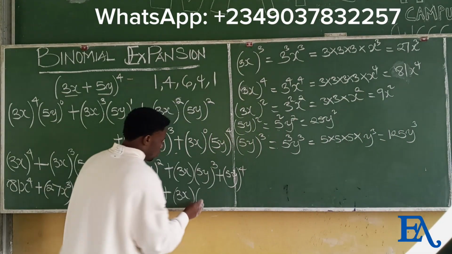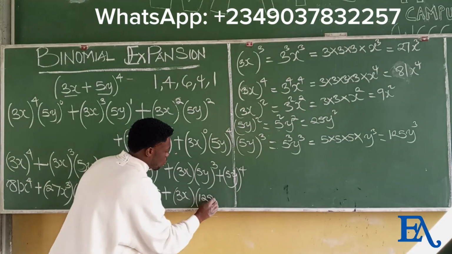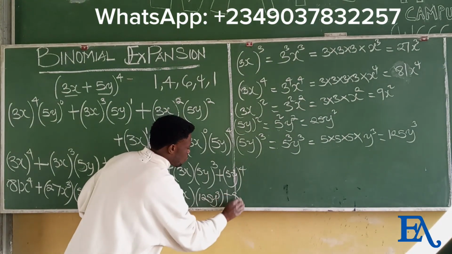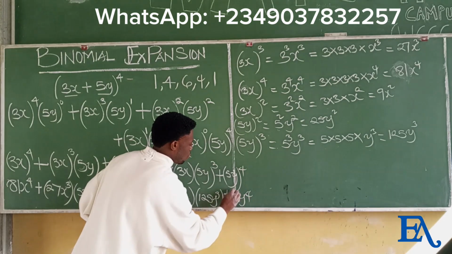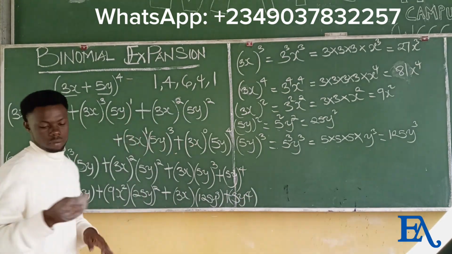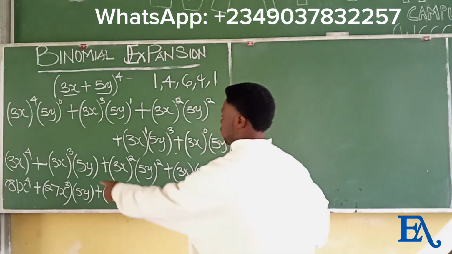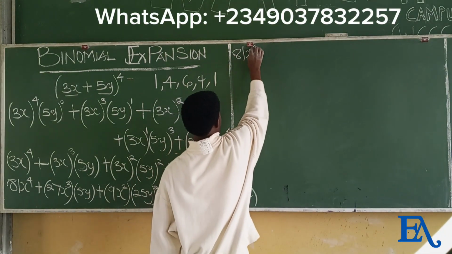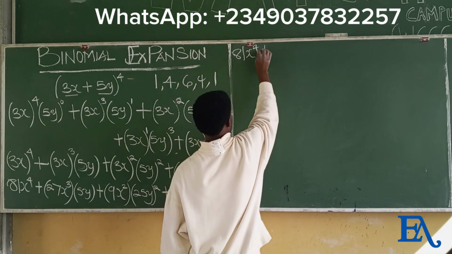Therefore, we have 125y raised to the power of 3. Then plus 5y raised to the power of 4. Alright, we have 81x raised to the power of 4 plus